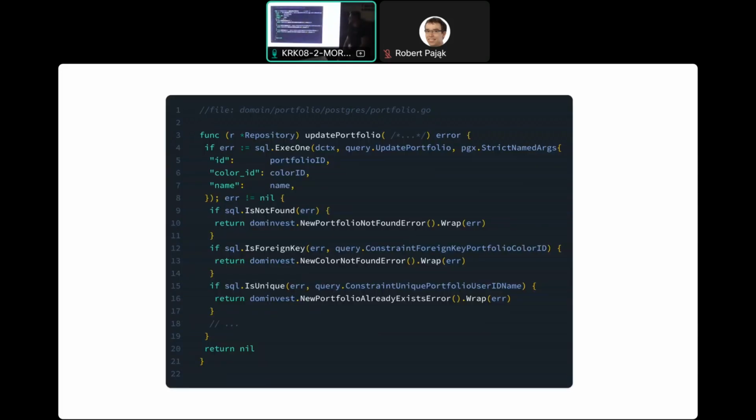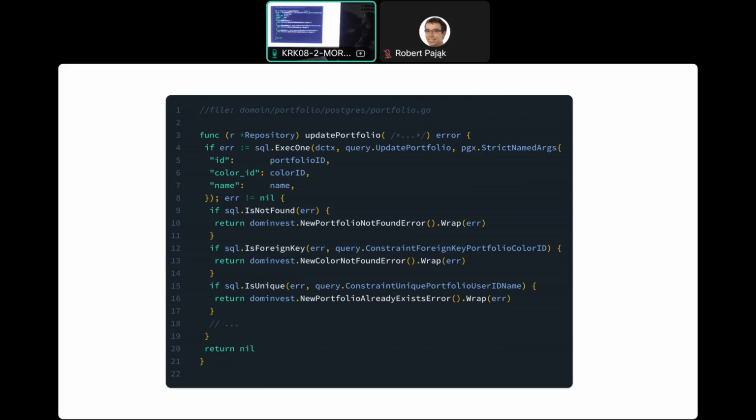So for example, here is a repository function that updates a portfolio. And here within that function, it's again a domain repository.